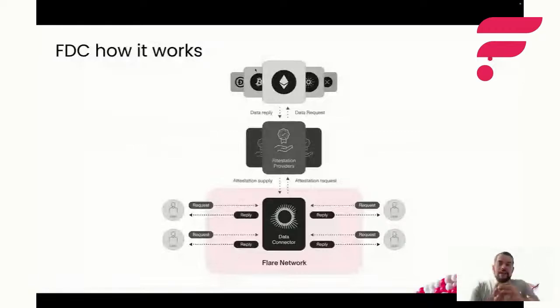They arrive at a consensus. They say, okay, yes, we're all seeing, or the majority of the stake is seeing, that this Bitcoin transaction has happened. We're going to approve it. We're going to say, yes, it did happen. We're going to enrich it with this data, and then finally finalize this to an FDC. So you request the data, and the whole network, the whole stake on Flare, even the FLR that somebody else might be delegating to a good performing data provider, comes to a consensus and says, yep, this transaction has indeed happened. And at that point, you can use the information about this transaction on Flare.